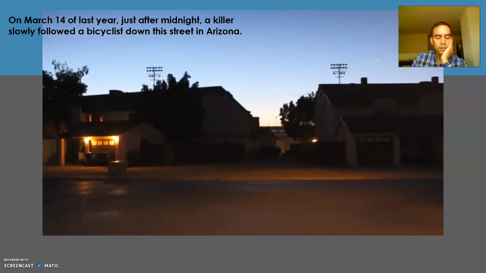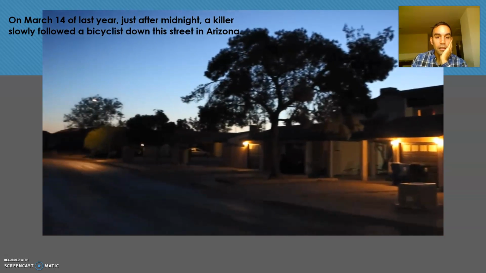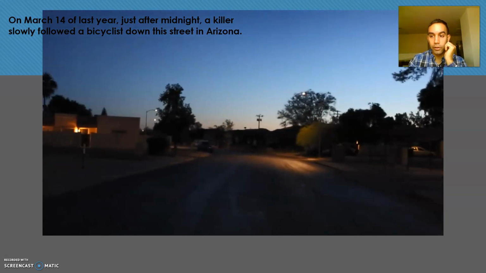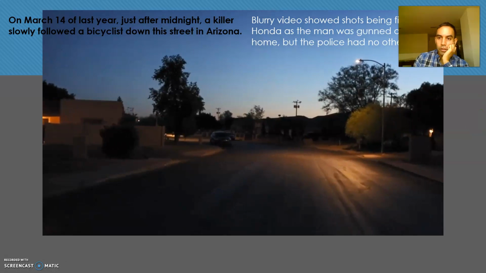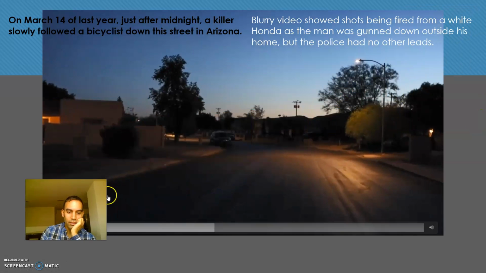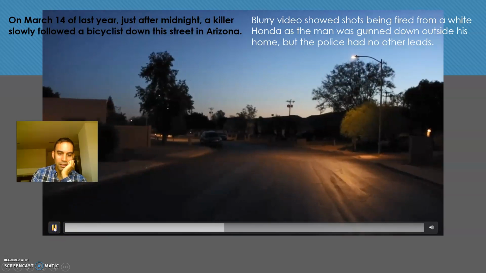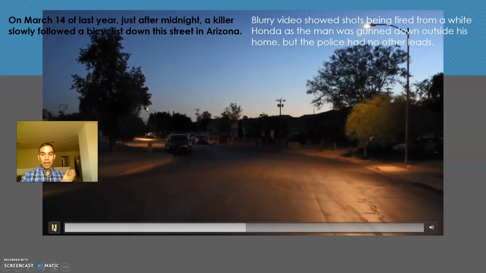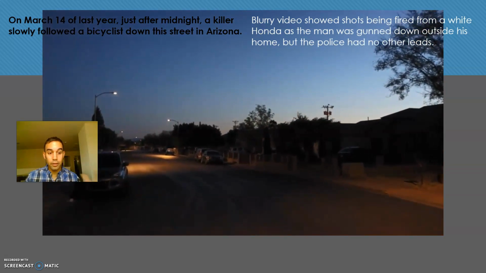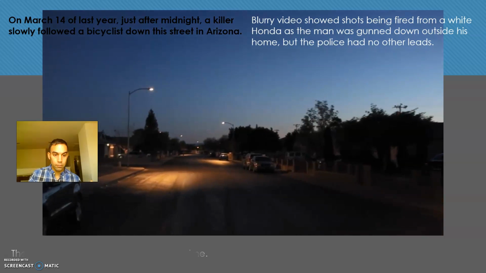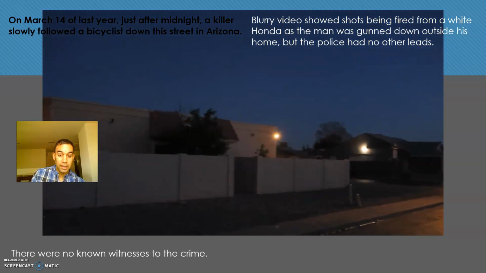On March 14th of last year, just after midnight, the killer slowly followed a bicyclist down this street in Arizona. A blurry shot. Oh, darn it. I messed it up because I touched the screen. Okay. Blurry video showed shots being fired from a white Honda as the man was gunned down outside his home, but the police had no other leads. There were no known witnesses to the crime, except